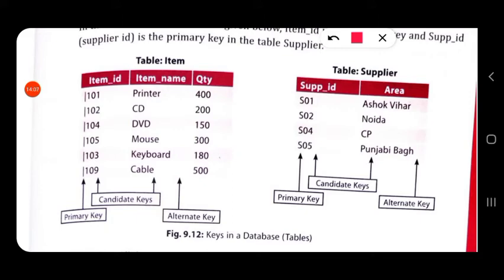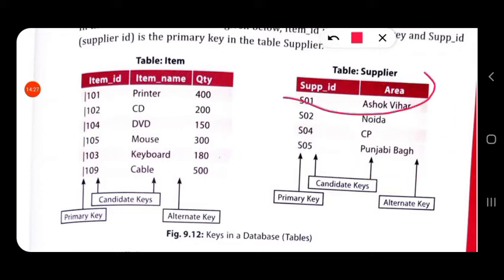Now in the supplier table also, supplier ID is the primary key, and there are areas: Ashok Vihar, Noida, CP, Punjabi Bagh. All these are also unique values, so this also can be considered as a primary key.